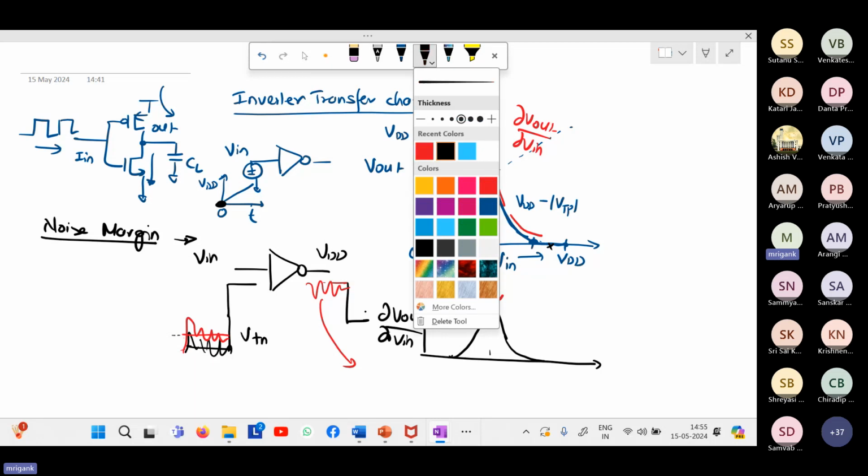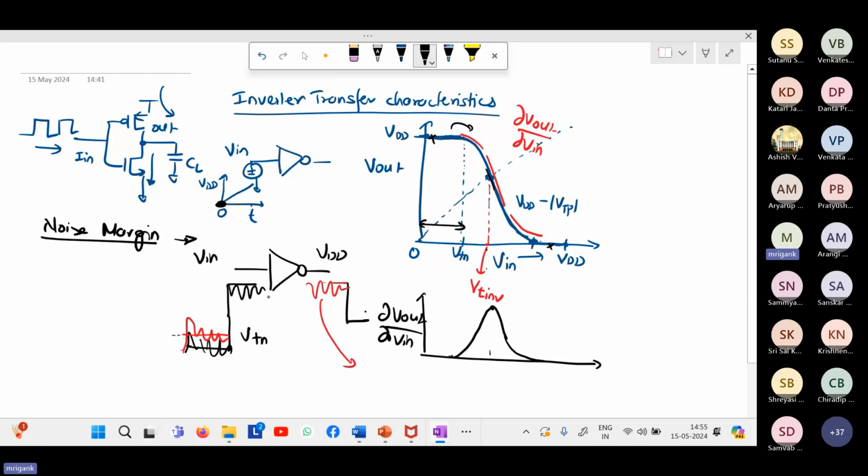close to VDD, input signal is close to VDD, but there is some noise and it goes lower than VDD by this magnitude, VDD minus, this is VDD minus mod VTP minus VDD, right? So this is VDD minus this whole thing. So actually it is just mod VTP drop. So from here, mod VTP. So if this disturbance is lower than mod VTP, then output will remain clean.